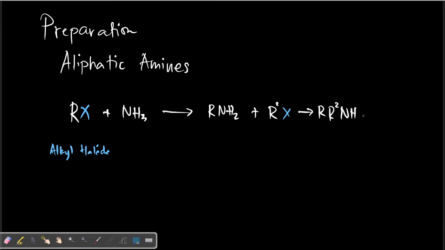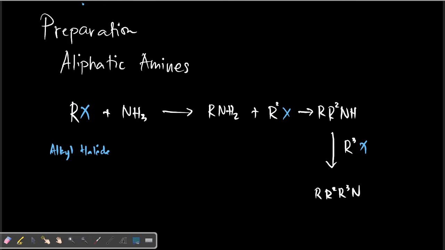And for the reaction of this with alkyl halide, ganun lang din mangyayari. So, if you add another R3X here, you will have here your tertiary amines having your R2, R3, N. So that is the preparation of our amines. Okay, so in that, we have there our preparation of amines.